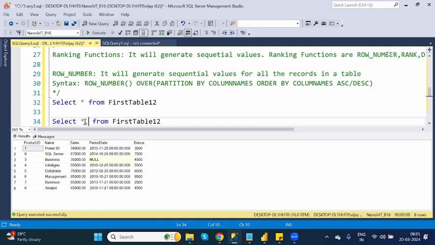Suppose, for example, along with all the columns in that particular table, see here, comma, you have to write a function. When you write a function, along with the columns of all the records of this particular table, a new column is generated. That new column is row number related. Whatever function is there, that function's values it will generate. Understand? See,